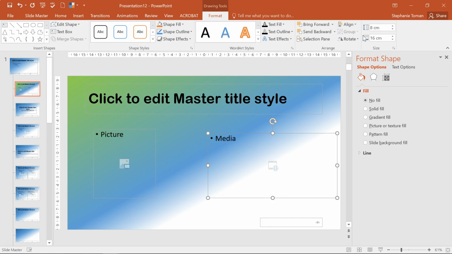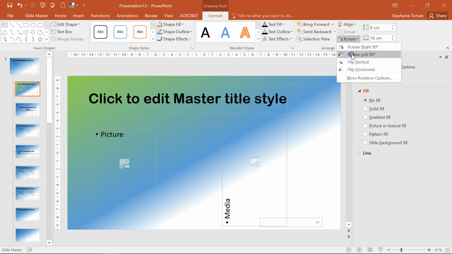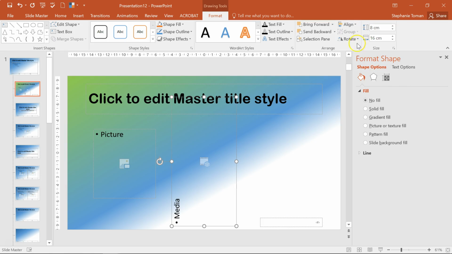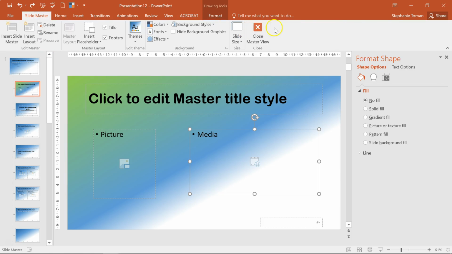You might be asked to do that, you might need it like that to fit your media video in, and your picture you could change as well. So all of these you can rotate and use the usual things that you do, align, etc. So that's just customizing that particular one, and you notice it's only got a page number on it. So if we then close the slide master, back to there and close,